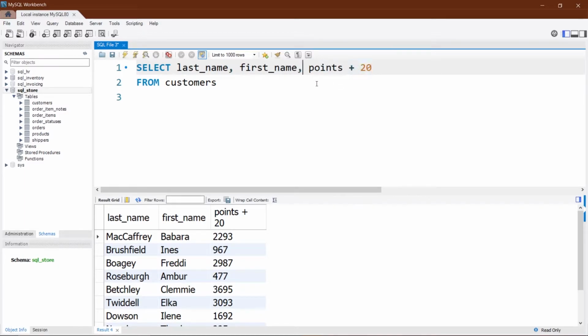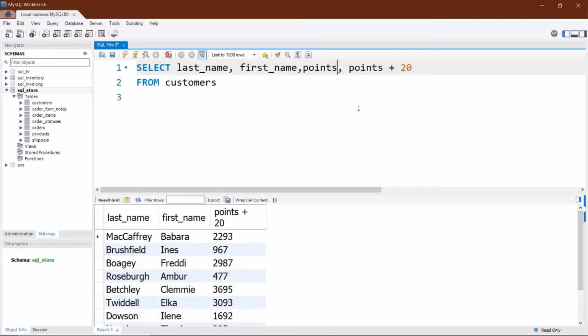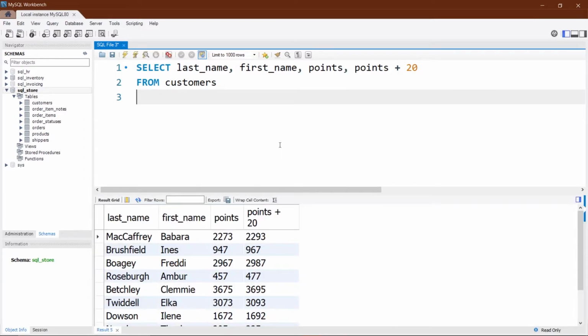Now let's say you want to see the difference between points and this updated value. I can write here points, and I can give one comma as well. Now if I execute it, you will be able to see last name, first name, then points, which was the original value, and points plus 20, which is the updated value.